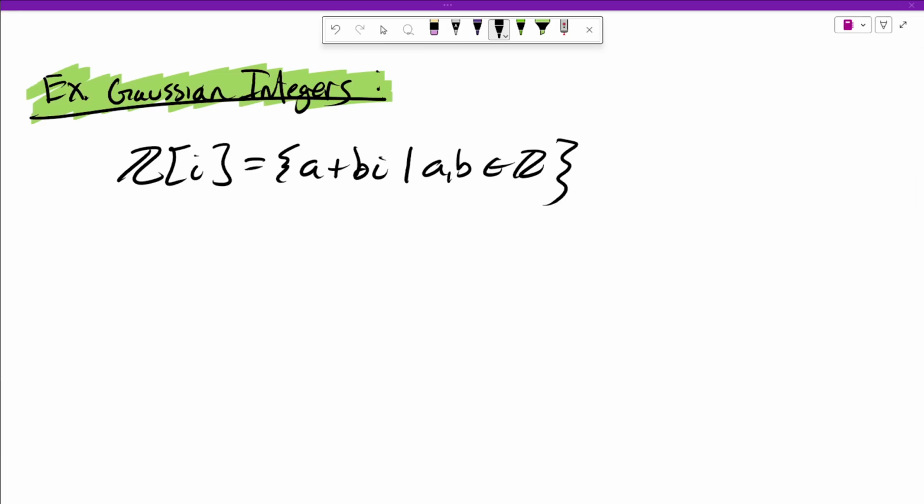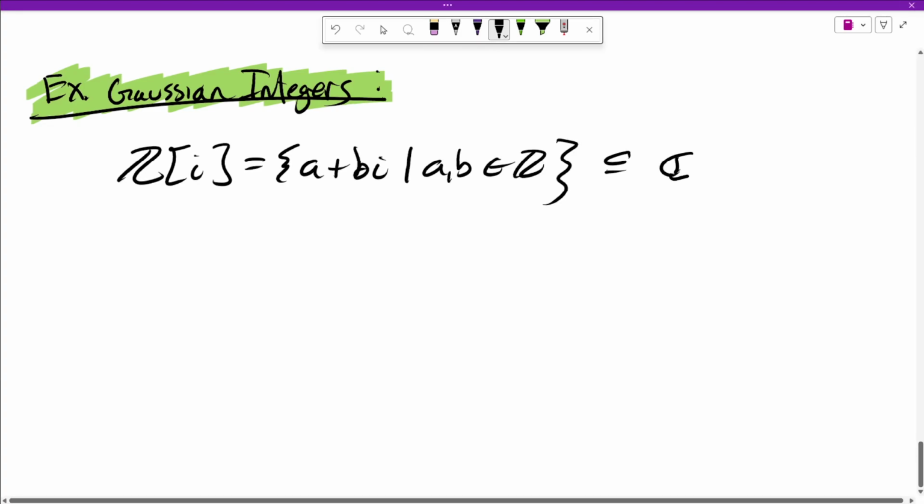Okay, so in this video we're going to look at the Gaussian integers. The Gaussian integers are the following subset of C. So this is a subset of C. And I've forgotten at this point if we've shown it's a subring or not, but it's not too hard to show that this set is a subring as well. We're going to see in a minute,